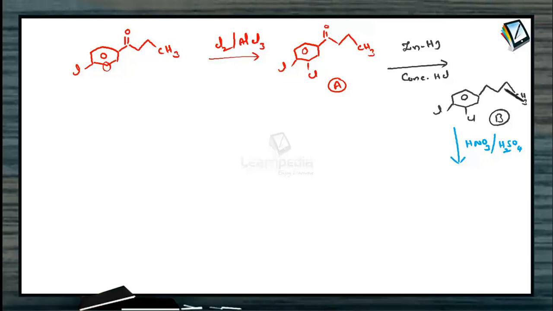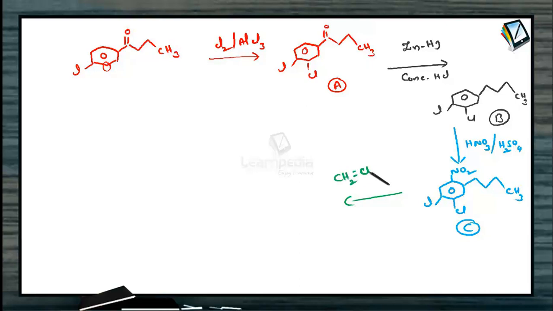And this is an alkyl group, plus I, and chlorine is minus I plus M. This allows the incoming group to go ortho to this, para to this. So the nitro group will be substituted here. So thus we get the nitro group being substituted here. This will remain the same, CH2, CH2, CH2, CH3 and this chlorine and this chlorine. This is C. Then this is treated with a strong base containing unsaturation.